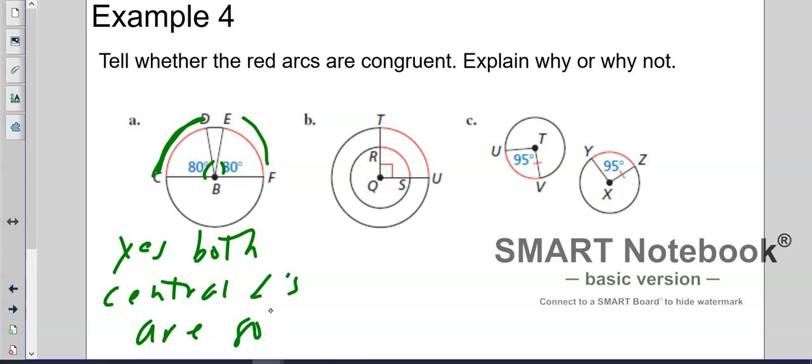Okay? B, RS and TU. RS sits inside TU. Okay? TQU and RQS both have the same 90-degree angle marking. Okay? So the answer again is yes. They have the same measure,